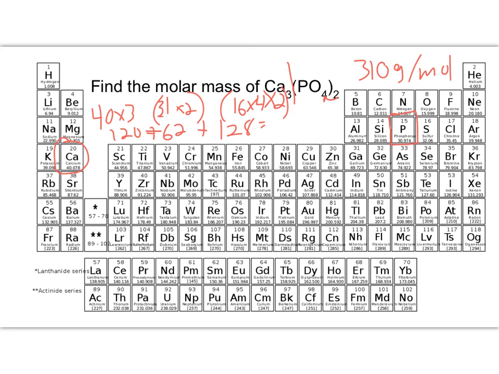So again, the mole is just a bundle of atoms or molecules, and when we get into chemical equations and chemical reactions, you'll see that being able to convert between grams and moles is going to then enable us or allow us to convert between a certain amount of starting material in a reaction and a certain amount of final product at the end of the reaction. You can't do it directly from grams to grams. You have to go from grams to moles, and then moles to moles, and then moles to grams,